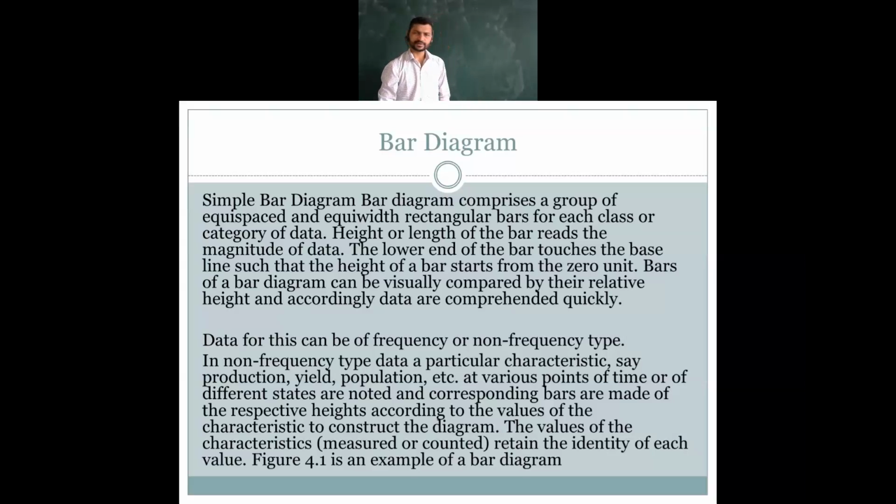We have discussed the theoretical part: a simple bar diagram comprises a group of equi-spaced and equi-width rectangular bars. See how the bars will be there. Just like this is one space and width used, then next the same space and width used. The most common thing is that they are equal, not different. In this way we make the simple bar diagram. We discussed all this in the previous session, but just for highlights we are going through it now.